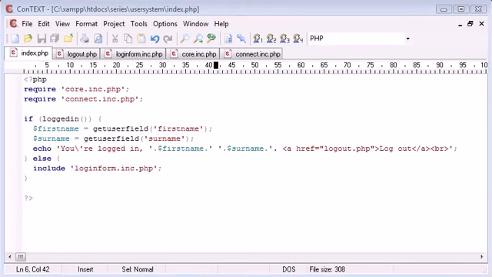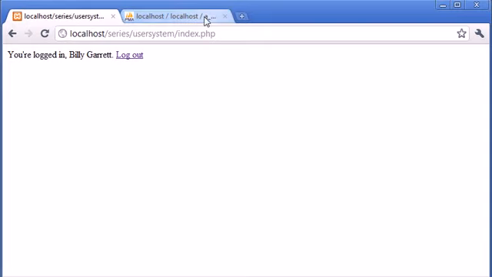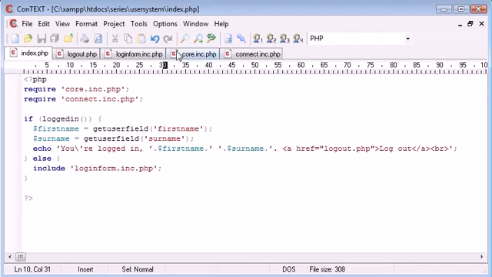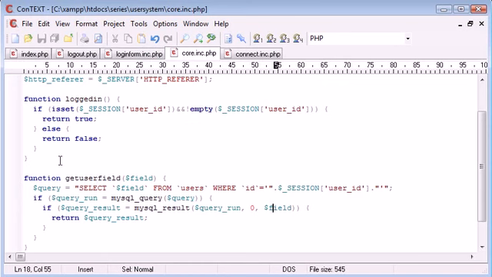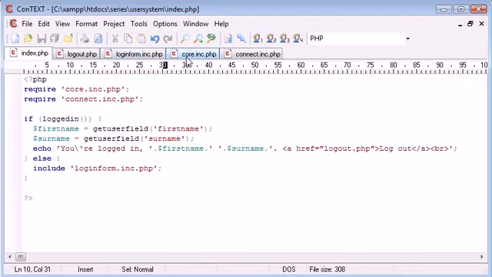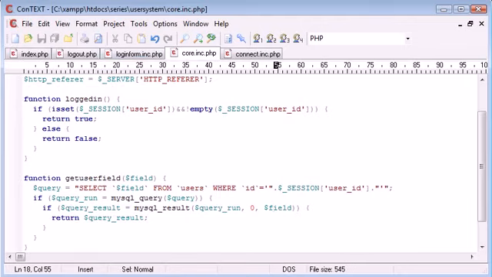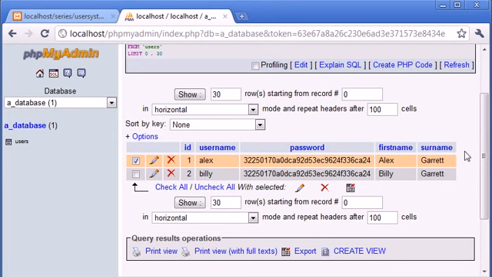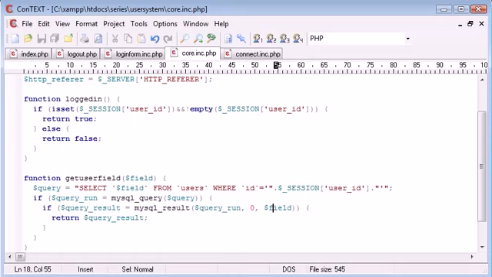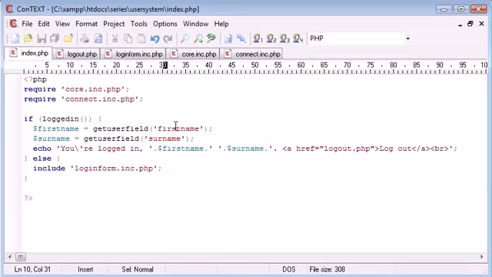So when you eventually use these examples for yourself, when you're learning, and you want to create the registration form, which we're going to do in the next stage, you can add as many fields as you want to your database, and then you can just use this function that we've created, which will be available on any page that you want it to be, by just requiring it up here. You can just use this function to select any field. So if we now even go and add a field to this, say we added telephone number, we can then just re-specify that inside using this function. So that's basically how we are grabbing data about the user and displaying it onto our